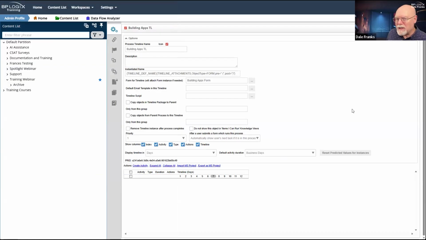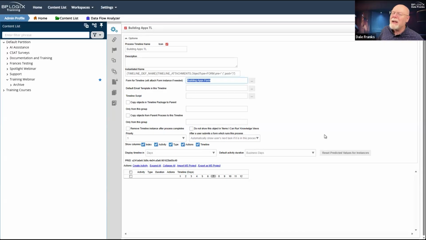In most cases, the reason that I am setting this is to enable me to create form-based conditions. In most cases, I don't need this property. In most cases, the process timeline is actually invoked by a form submission. So technically, if I had no form-based conditions that I cared about or were going to implement, I really wouldn't even need to set this form for timeline property,